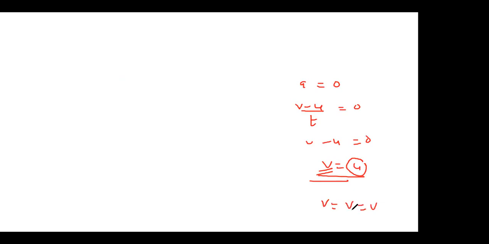Now in rough you see. a means what? Change in velocity per unit time. So v minus u is 0 into t, which is 0. Therefore v is u. So if u is 0, v is 0. If the body is moving with the same speed, then u and v are the same. So when acceleration is 0,